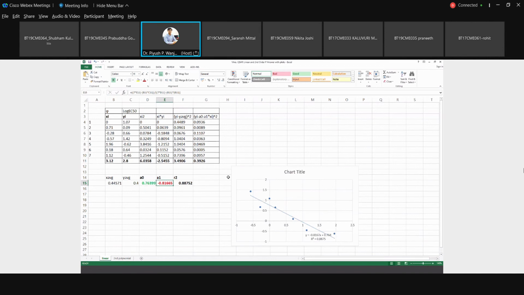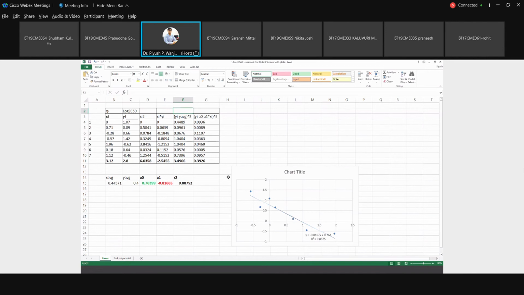Now for estimating the R square value, you need two terms: RSS and TSS. I have calculated in the Excel sheet these two values, y minus y average whole square and this term. Which is this term, y minus y average square?